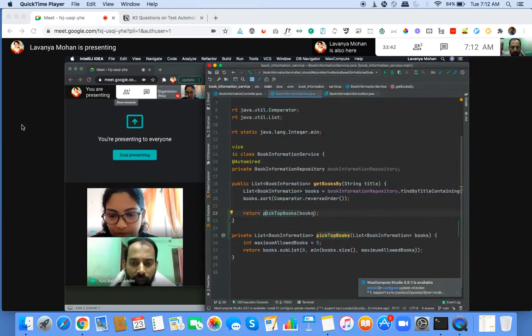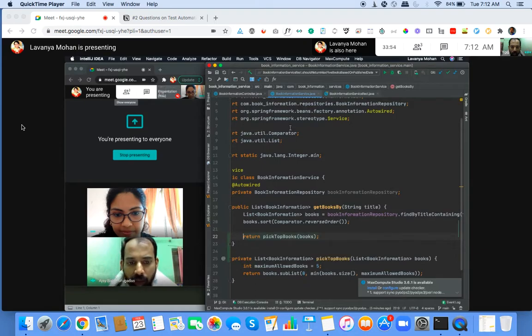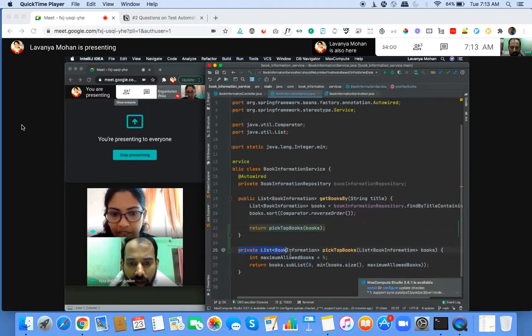So, can we do Control Z or Command Z? Like what was before? Okay, so both were in the same method. And now we are saying make this a separate method so that we can go ahead and test it. No, it's still tested. Private methods anyway cannot be independently tested. It will be tested via this public method itself.